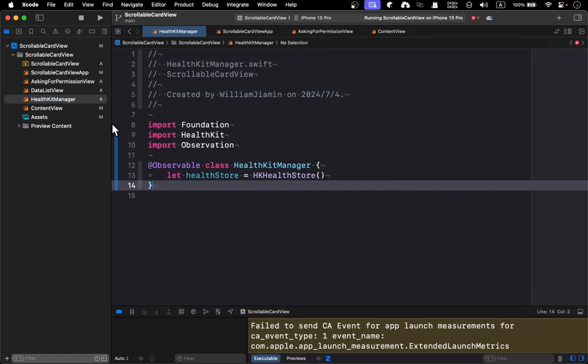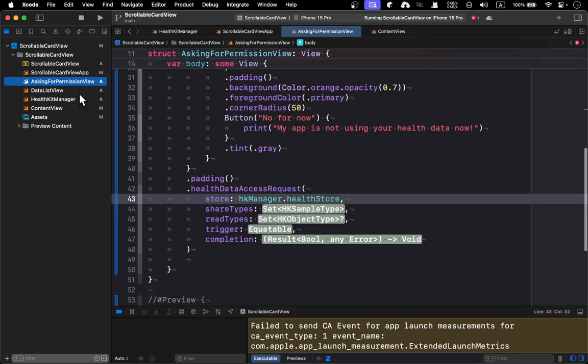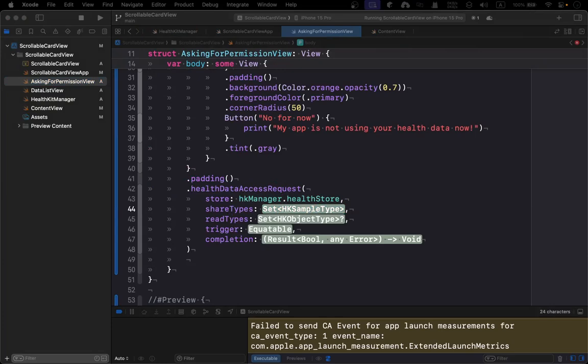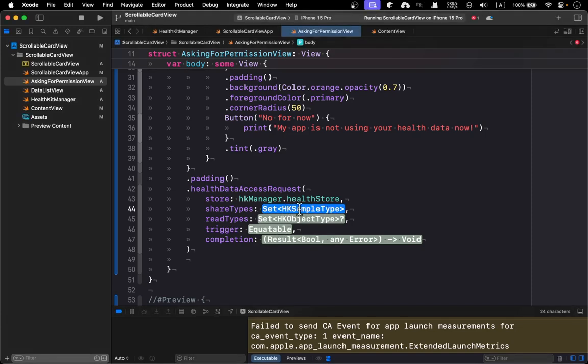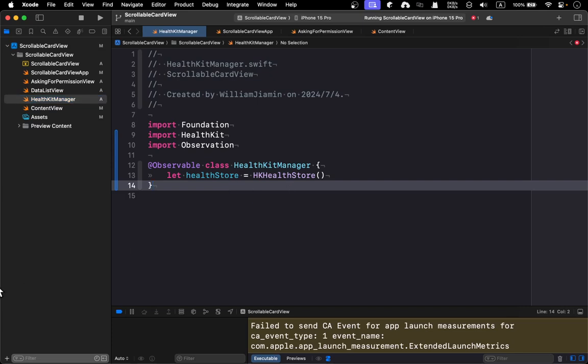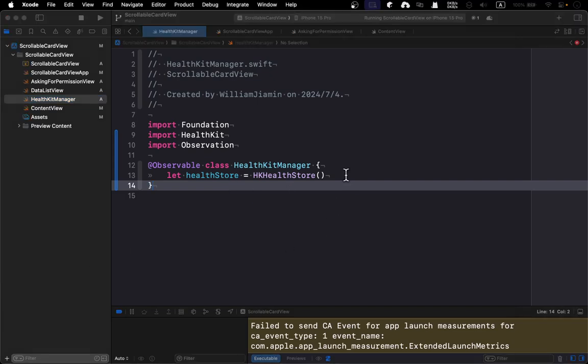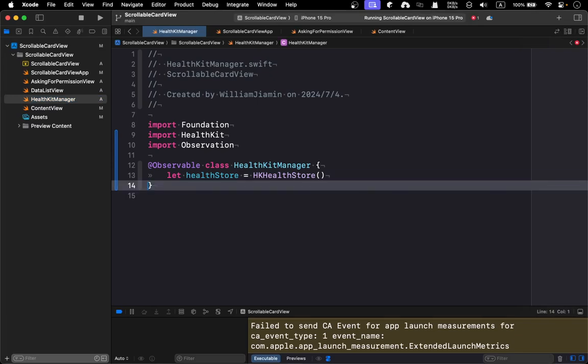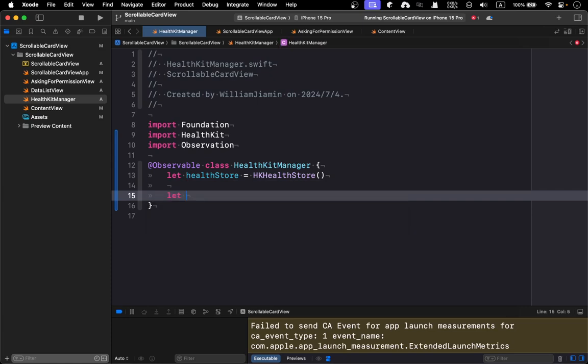We initialize health store, but here comes more. We got this HKSampleType, which we did not specify, so we have to do that now. And we finish with the health store, and the rest is just HKSampleType. The HKSampleType, we haven't initialized that yet, so we go to the manager and then we initialize it. In order to initialize it, just the same as the health store, we initialize it by using a let. So what I'm going to do is let a